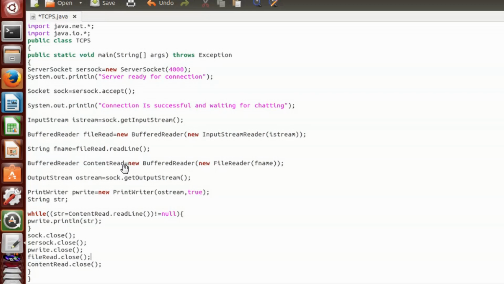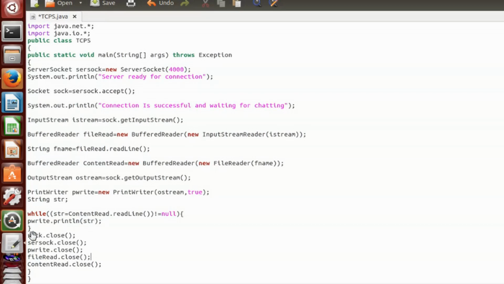So for sending it to the client, what do I need first? Get output stream, right? So output stream, ostream. I just put that into ostream, so socket.getOutputStream. I'm just sending it out to the client. Using the get output stream, I'm sending it, and also this PrintWriter pwrite = new PrintWriter(ostream, true). Whatever was there in this ostream, I have just sent it to the client, right? And if it is not null, I am also printing that. So even on the server side, I am just printing whatever content I read.